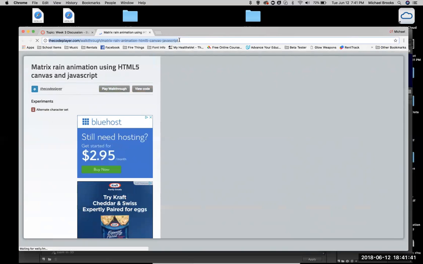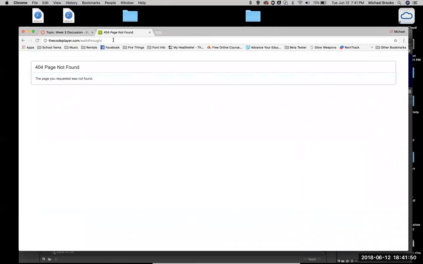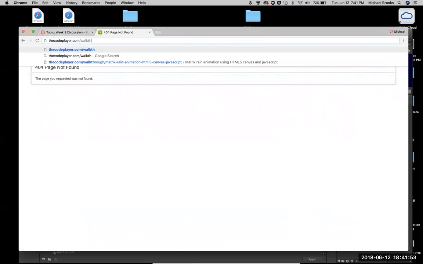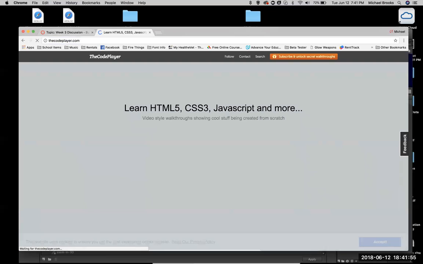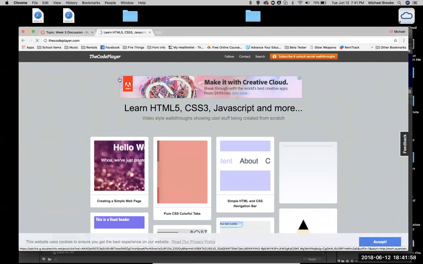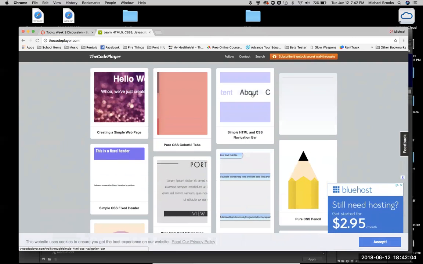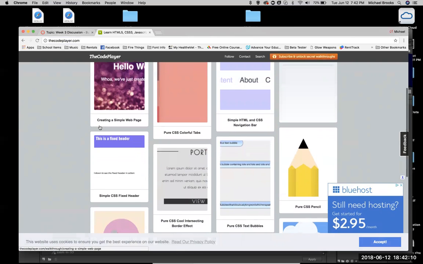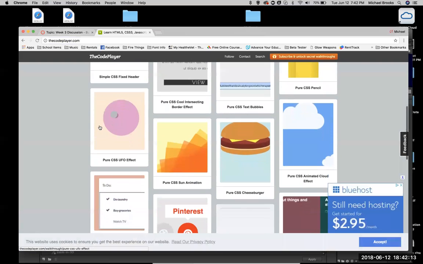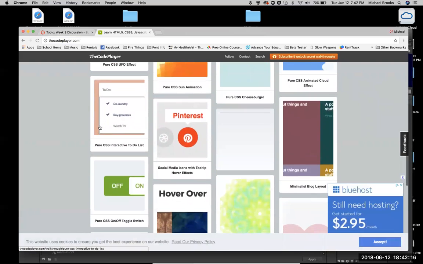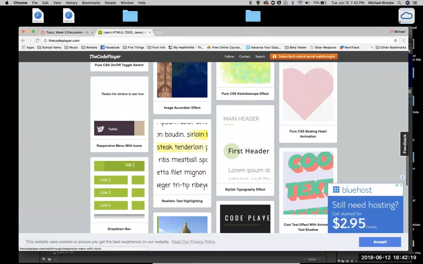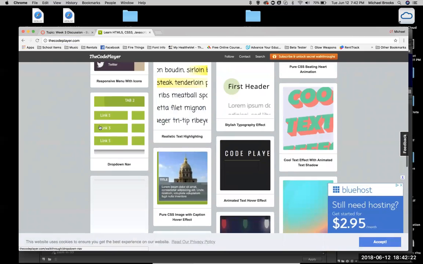So let's go to, let's take a look at, there we go, thecodeplayer.com. All right, so this is how you can go backwards some, okay? Learn HTML5, okay, so this will tell you, let's see, simple HTML and CSS, that's not what we're doing. Creating a simple web page, this is all web pages. None of this is talking about JavaScript, is it? Well, that's something you're going to have to research